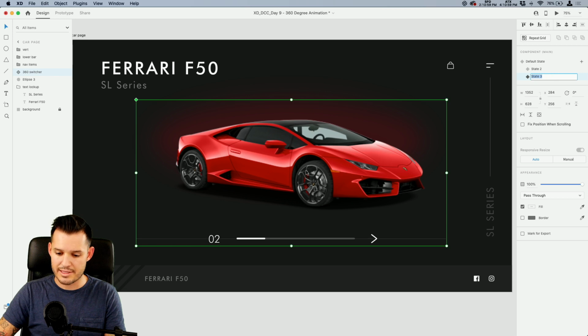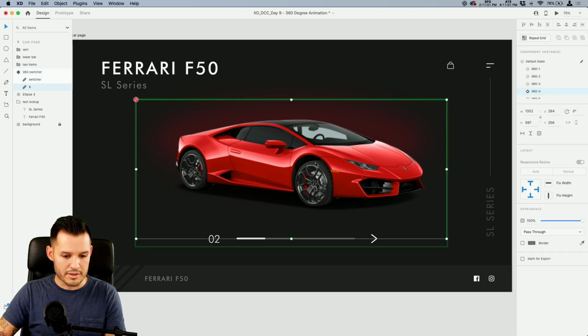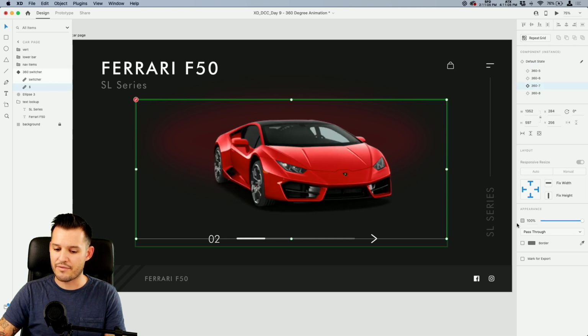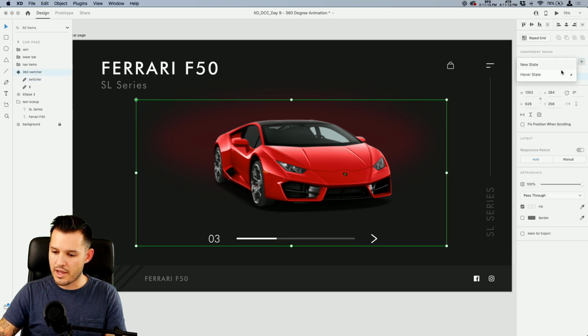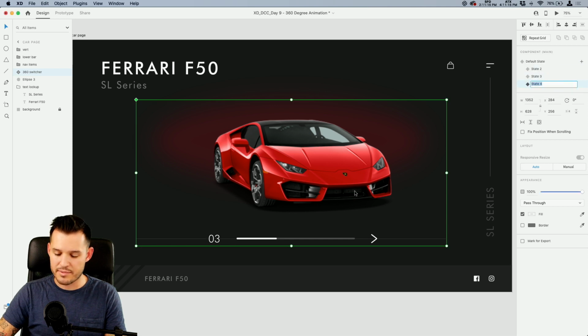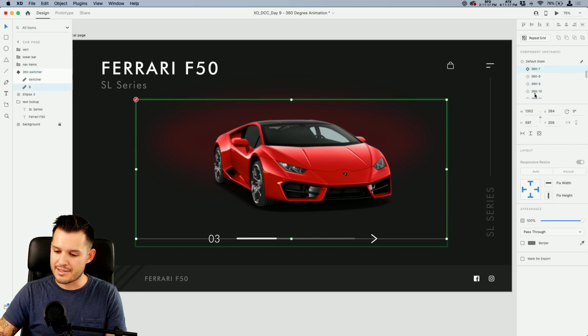I'm going to go New One, State 3, and I'm going to double click inside. Let's go to state number 7. I feel like that could be pretty cool. Just choosing different angles of the car, and we're on switcher spot number 3. Okay, let's go now and do another one. We're going to do this all the way up to state 7 or 8 and see how cool we can